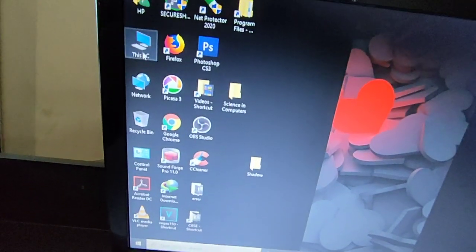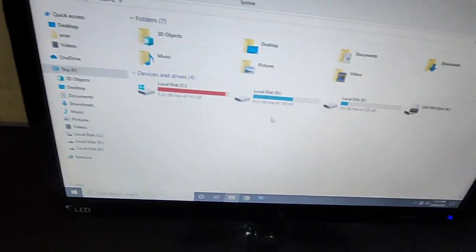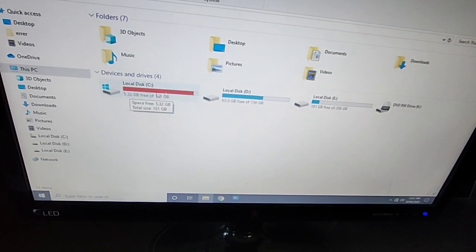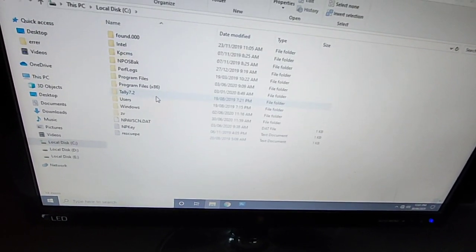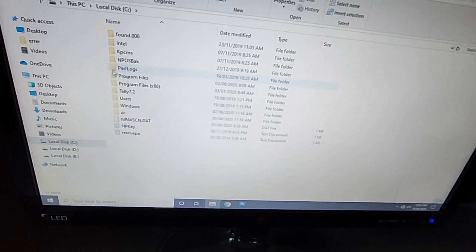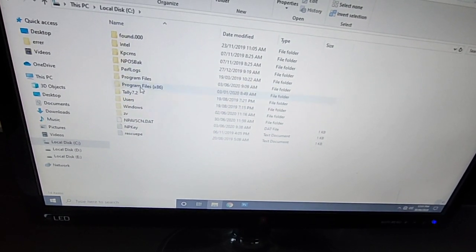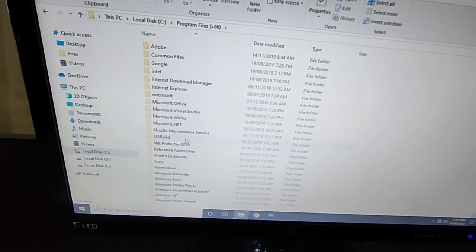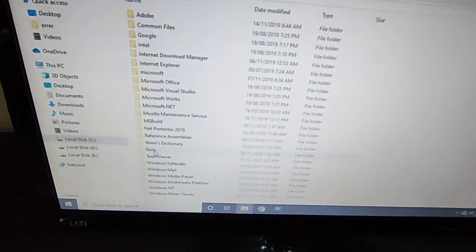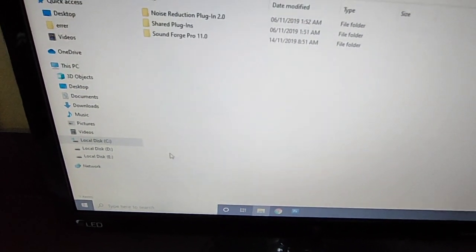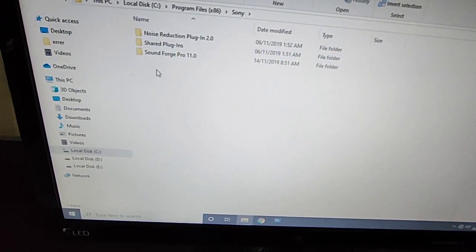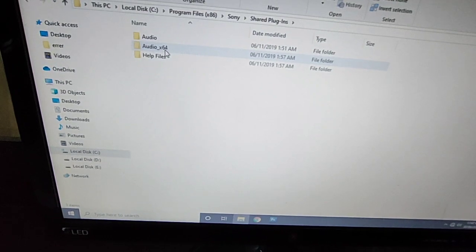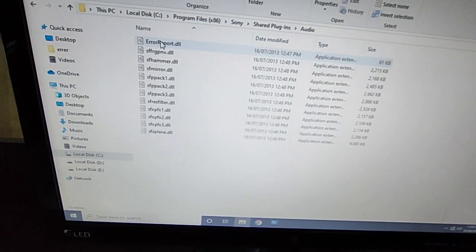Now I am going to This PC and click on Local Disk C. Now my Program Files, this is my Program Files, and if you click on Sony, then Shared Plug-ins, Audio, yes, these are all your files.